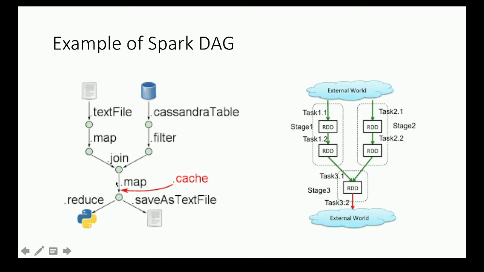And whenever you know that you are going to be using the RDD more than once, it is recommended that you cache the RDD to avoid recalculation of the RDD. For example, this join RDD will be used twice in reduce as well as save as text file. So just cache this join RDD so that it doesn't go all the way back through the entire operation flow. It will just ask the question, okay, if I want to perform this reduce operation, what do